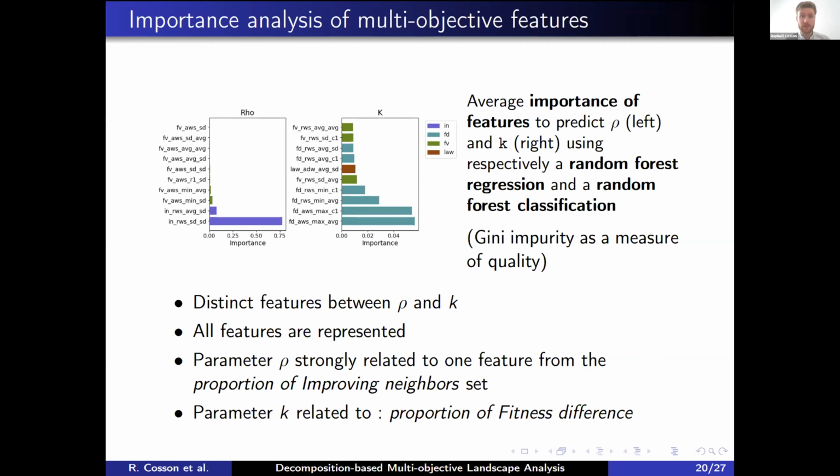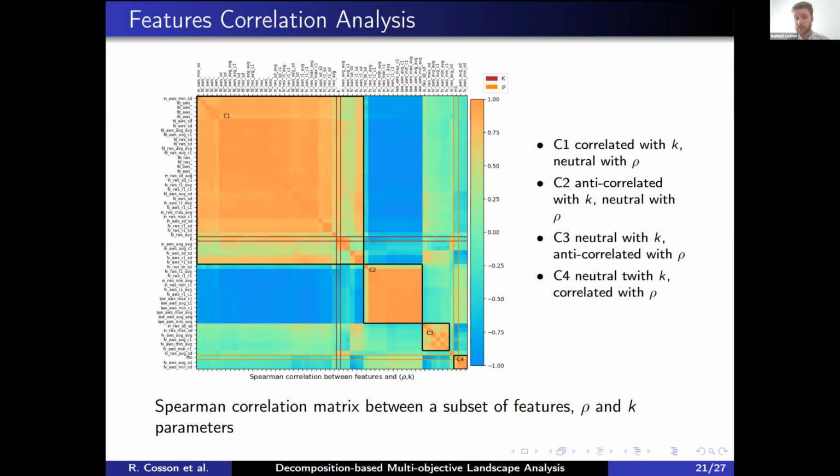To complement this previous analysis, we made a Spearman correlation matrix between features and parameters ρ and k. Here again, that's a sample of features due to space. But we can see 4 distinct clusters. The first cluster is in fact extremely correlated with k, but neutral to ρ. The second cluster is anti-correlated with k, but neutral with ρ. The third cluster is anti-correlated with ρ and neutral with k, and the fourth cluster is correlated with ρ and neutral